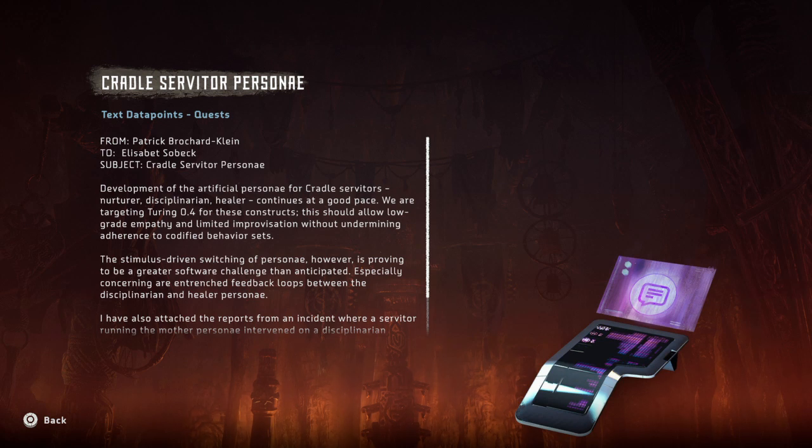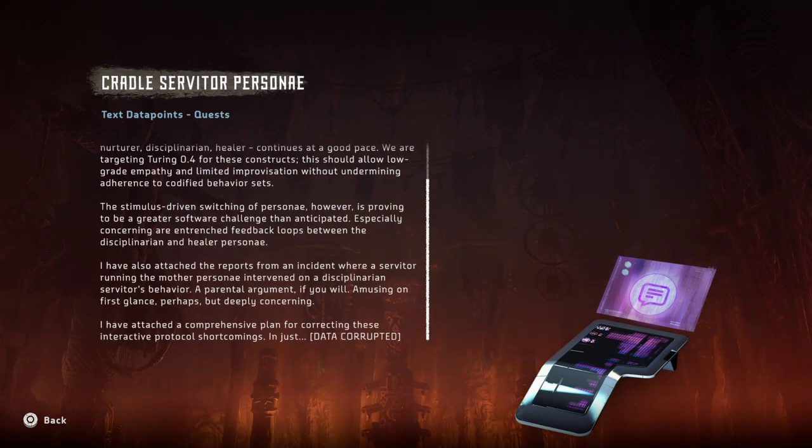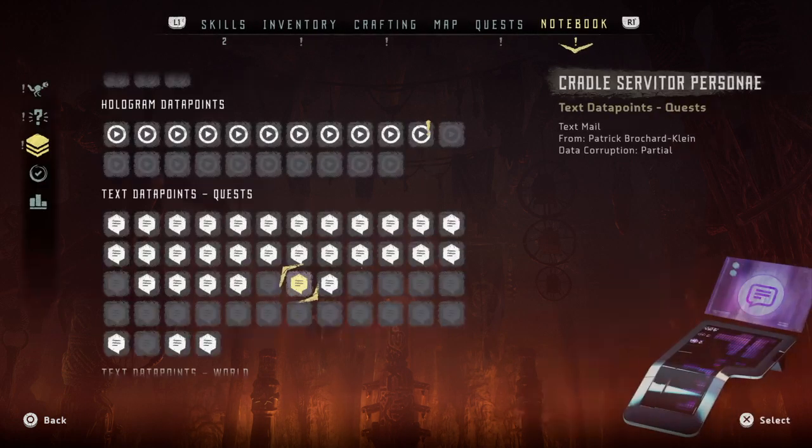Development of the artificial personae for Cradle Servitors, Nurturer, Disciplinarian, Healer, continues at a good pace. We are targeting Turing point 4 for these constructs. That should allow low-grade empathy and limited improvisation without undermining adherence to codified behavior sets. The stimulus-driven switching of persona, however, is proving to be a greater software challenge than anticipated, especially concerning the entrenched feedback loops between the disciplinarian and healer persona. I've also attached reports from an incident where a servitor running the mother persona intervened on a disciplinarian servitor's behavior, a parental argument, if you will. Amusing on first glance, perhaps, but deeply concerning. Attached is a comprehensive plan for correcting these interactive protocol shortcomings in just...